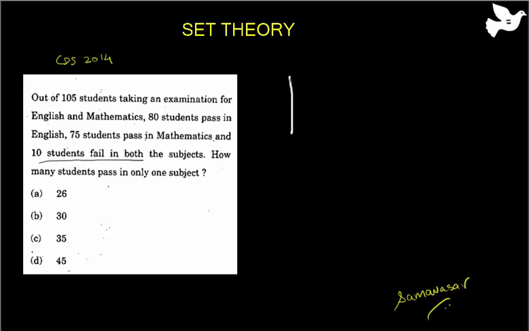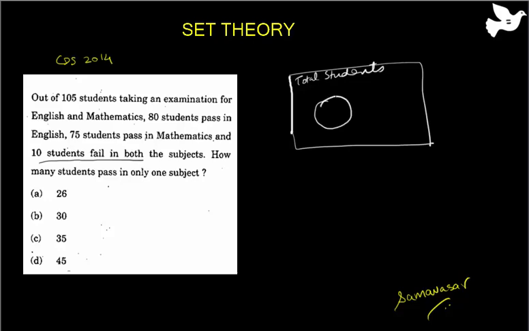Now let us first of all begin by drawing a Venn diagram for this question. So this entire universe is the total students, of which this circle represents people who are passing in English. This represents the people passing in mathematics. Obviously there would be students who are passing in both, so I have drawn an intersecting area. Now you can either start filling numbers here, or you can start with the formula directly